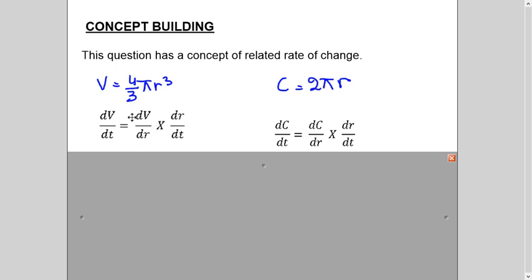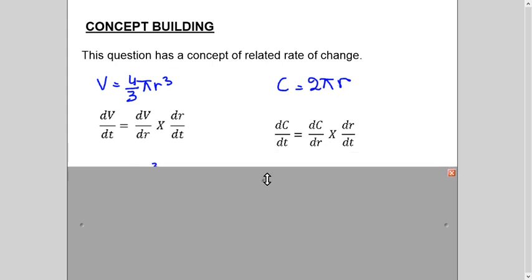I always tell my students, look at the formula, whatever the subject is, always make a rate of change of it, put it equal to, and then apply the chain rule here. The technique is this: the first variable comes here, and this second variable goes here in the denominator. This variable, which is the same, is from this part of the function. So whatever the variable is here, that variable comes here. Similarly, you can see here, C is the subject, so I have written C here, right? And because it is the rate of change of C, it is over dt, so I have written dt here. Now what variable comes here? The one which is here. So this is a simple way to remember how to make a chain rule.